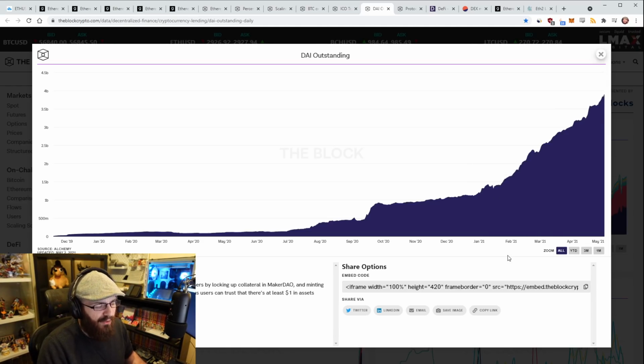And obviously, MakerDAO is not just backed by ETH anymore because it's multi-collateral. It's backed by USDC and wrapped Bitcoin and things like that. But I think DAI can still be considered a decentralized stablecoin. And I think that for them to scale, they needed to add those assets. And DAI is basically used across the entire DeFi ecosystem. Every DeFi app likes to support DAI.